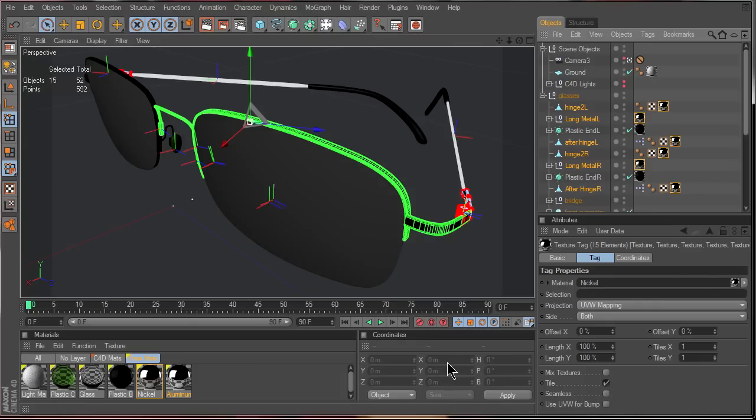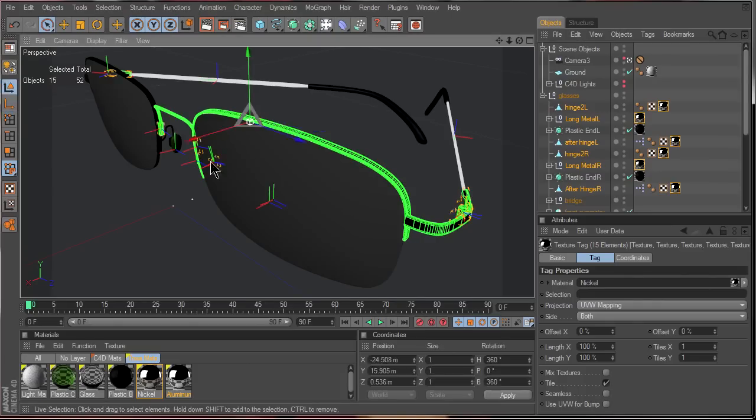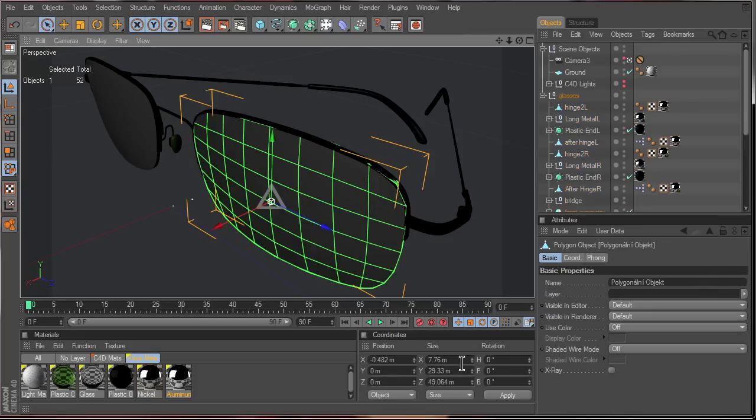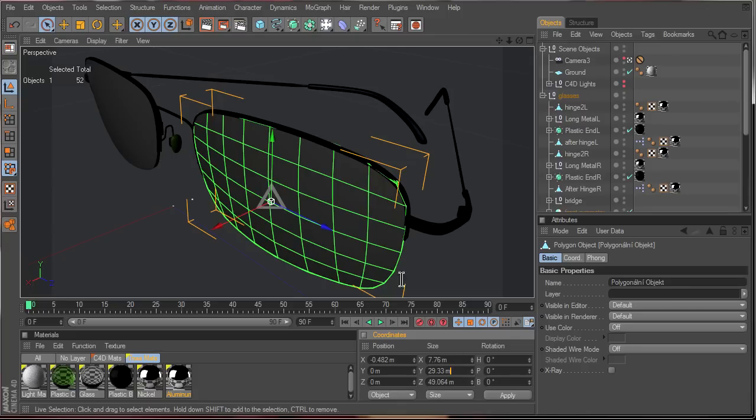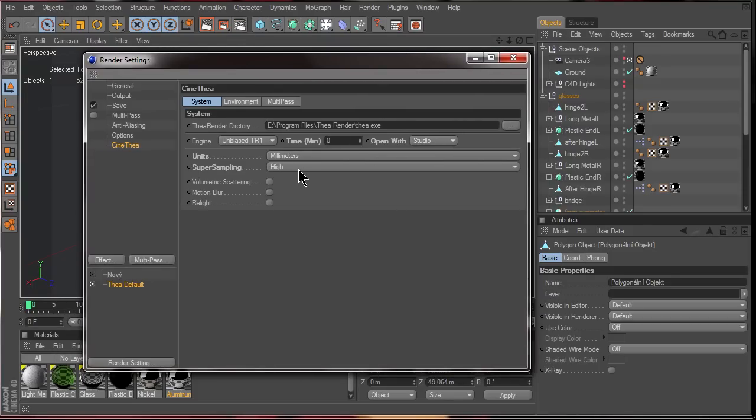Now that the millimeters are set, to check the size, I'll select an object and the size will pop up here. So it says here the lens is about 29 millimeters high. That is pretty much perfect for a pair of glasses. So this unit setting is good. I'm saying open with Thea Studio,